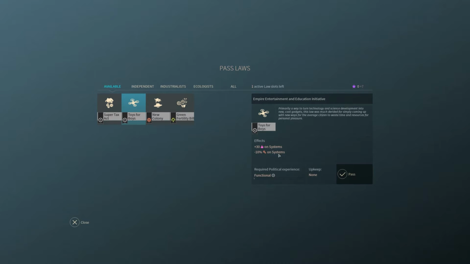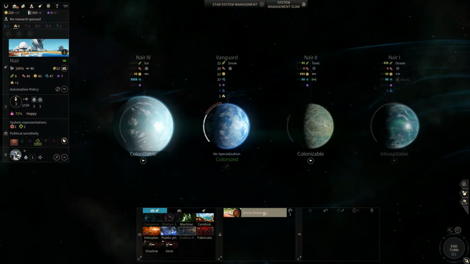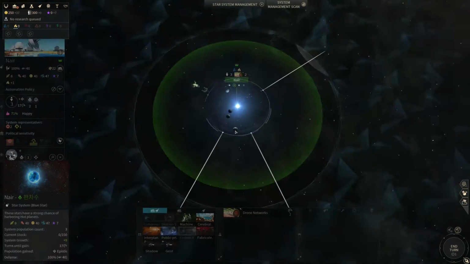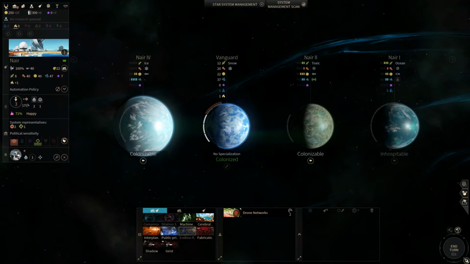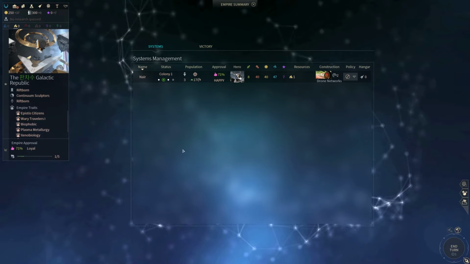It doesn't cost us any upkeep, it does lower our industry production, which is usually nasty. In our case, it's fine, it's still going to let us make the drone networks in just 2 turns, which is okay, but it does increase our everything else, because our system is now happy, which means increased food and influence gain, and our empire is also loyal, which means increased science and dust gain. All of this is a small increase in the early game, but nevertheless it is an increase that you can